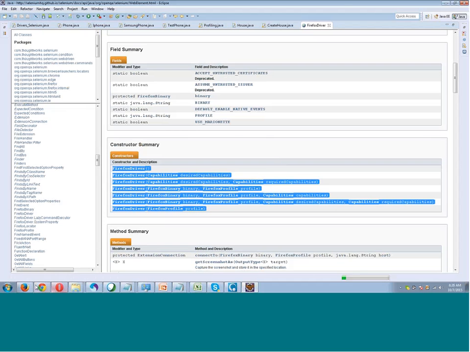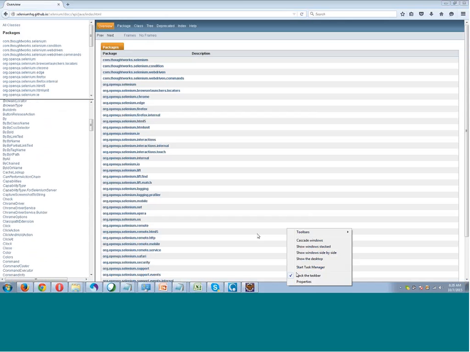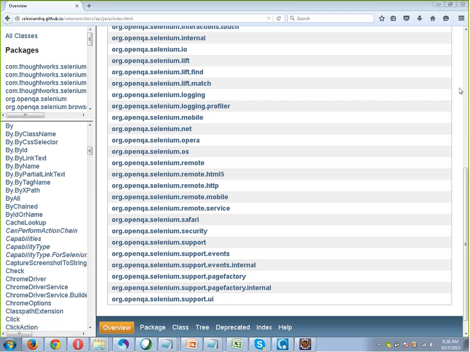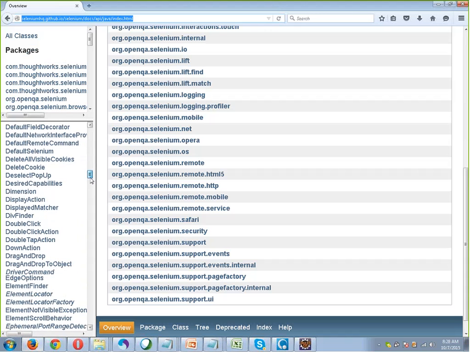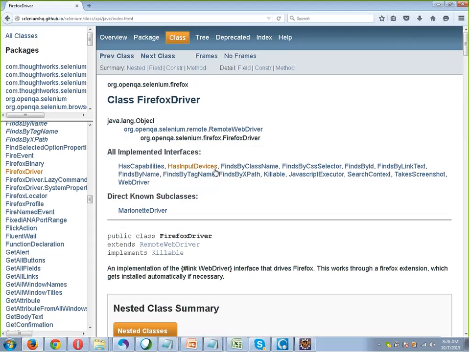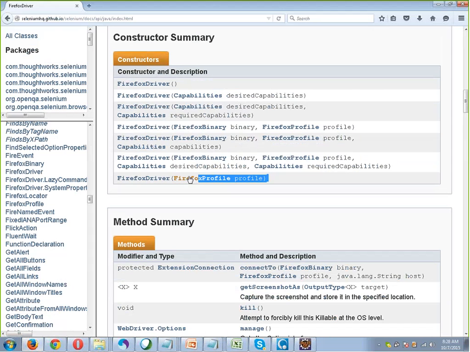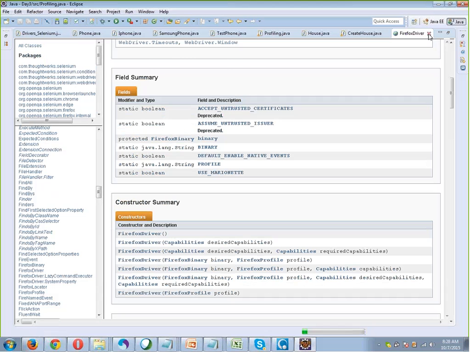To increase the font size... I'll just look at the original documentation. In the original documentation, if you look at the Firefox driver class, as I told you, it's got a lot of constructors. One of the constructors accepts the object of the Firefox profile class. Firefox profile is an internal class which denotes a profile, and we just saw